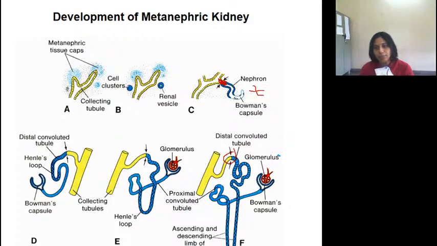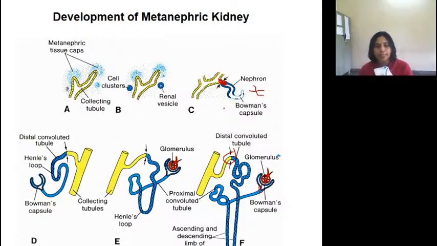So the urine will be secreted here, but the convoluted tubule has not established communication with the collecting tubules, and there is no outlet for them. So the distal convoluted tubule leads to cysts in the kidney, a condition called polycystic kidneys. When there is failure of the joining of the distal convoluted tubule with the collecting tubules, that leads to